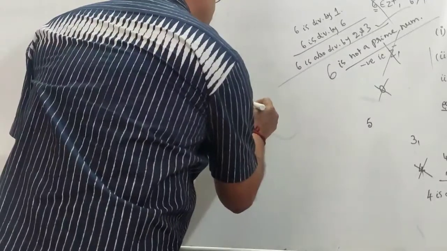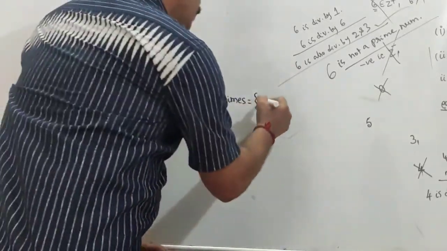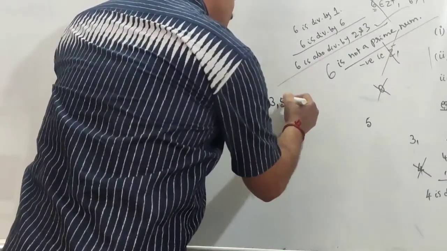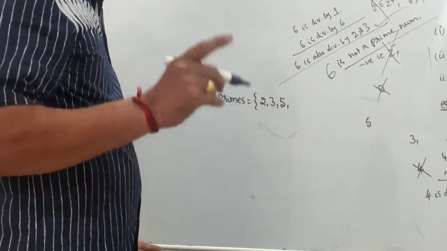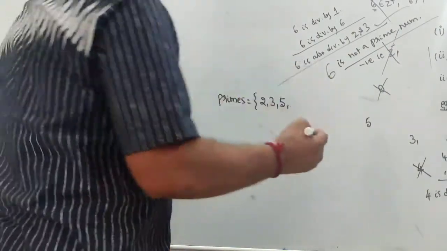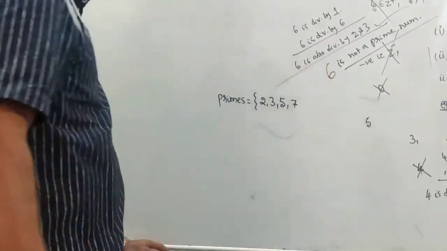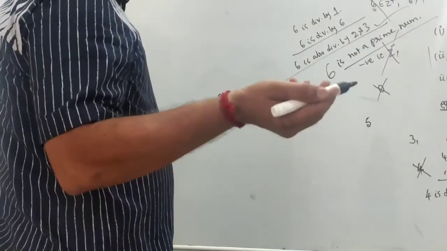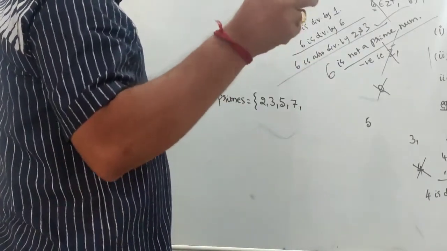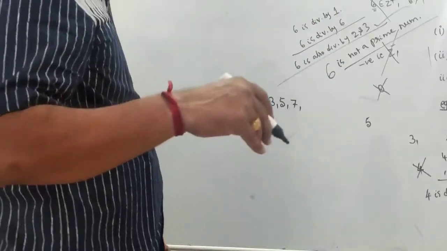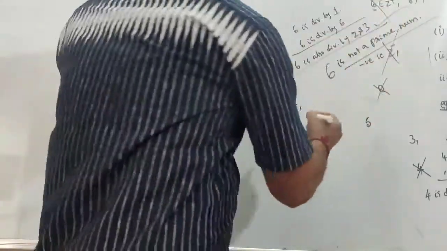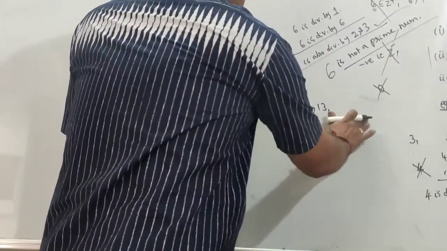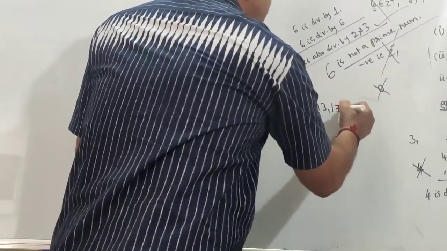Simply, primes is equal to the set of 2, 3, 4 is not a prime number, 5, next 6 is not a prime number because it is divisible by other numbers. Next 7, it is not divisible by other numbers. 8 is divisible by other numbers, 9 is divisible by 3, 3 threes. Next 10, it is divisible by other numbers 2, 5. Next 11, similarly 13. Next 14, it is not a prime number.